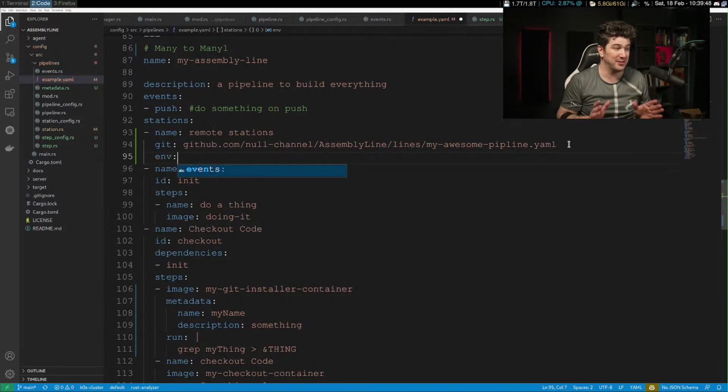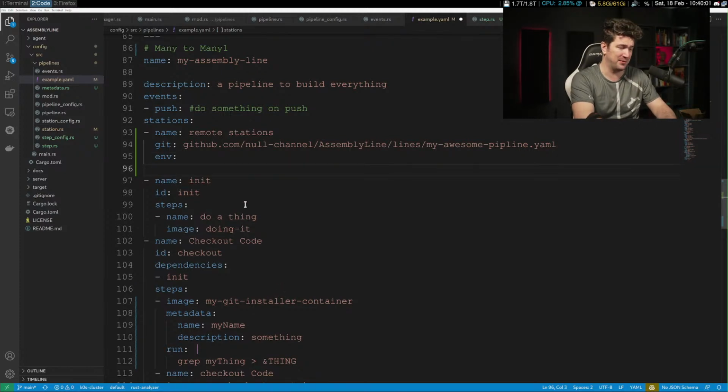This is one thing that I do hate about GitHub Actions or Copilot right now: if I hit return for a new line, it actually replaces it with events. I have to hit escape, then I have to hit enter. So if I'm typing quickly, I end up getting the thing that I don't want. env,